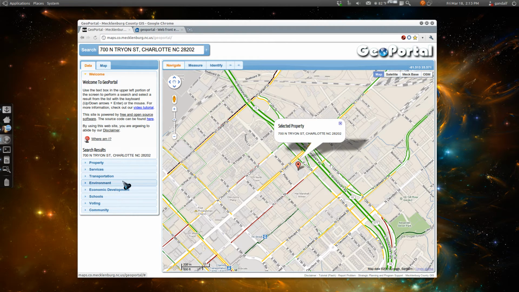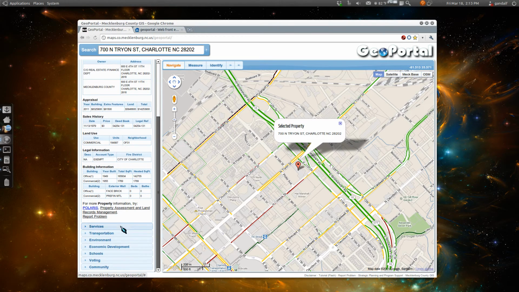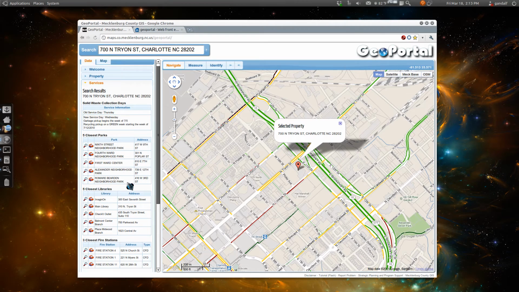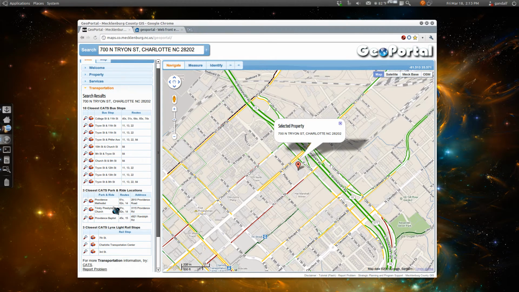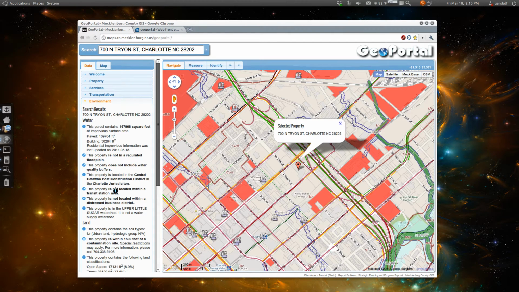We won't go over all of them just because they change quite frequently and we're always adding data to this site, but just for the basics. Property will include property information like ownership, appraisal, sales history. Services will have solid waste collection days, nearby parks and libraries. Transportation will have nearby CATS bus stops or park and rides. Environment has a whole host of environmental information,